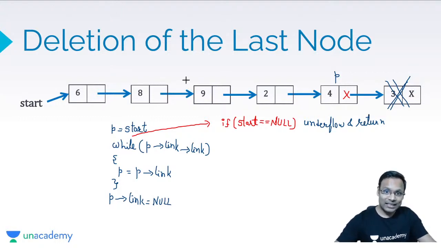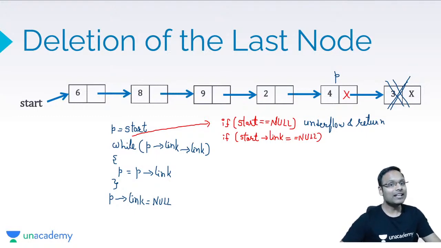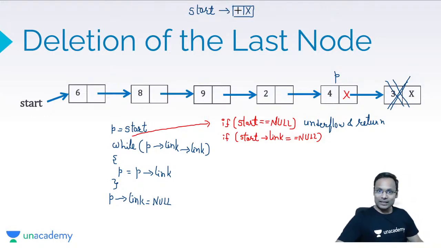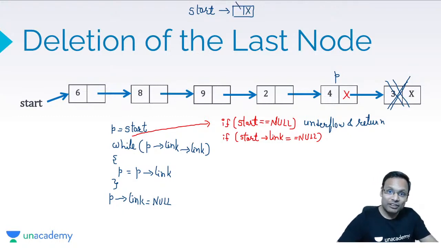Let's say the second statement is if start का link is equal to null. Means you do have only one node. If you have only a single node, what should I do? That single node will be deleted. Okay, I'll give you the scenario. Single node means start is pointing to a node and that particular node is the single node. Its next is null. Start का link is equal to null. Single node is there. Yes, after deletion of this,